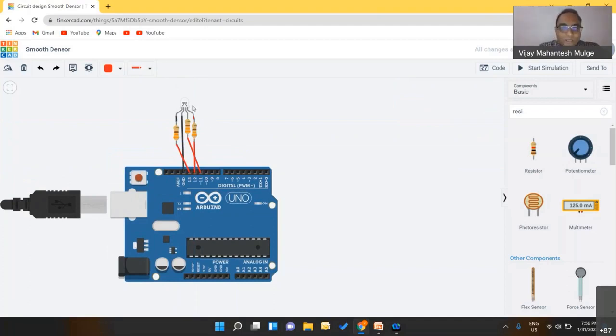So we will connect all these things, and the connections are done. Now 13, 12, and 11 are the pins here. I'm sorry, a small mistake is made here. In this case, I want to use a pulse width modulated signal because I want to provide different kinds of values, not digital values. So what we will pick up is the pins written with a tilde sign, right? You can see there is a tilde sign in front of